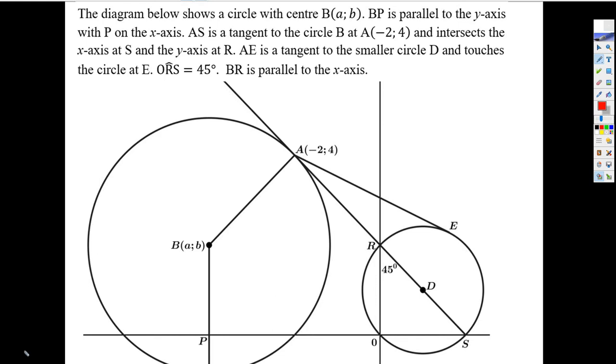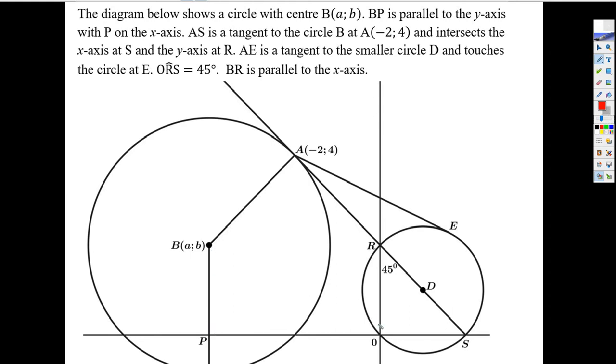Okay, now we're going to look at the circle analytical geometry question. We're going to read through it carefully, because it's really important to read through it really carefully. Anyways, they tell you there's a big circle with a center of A, B and